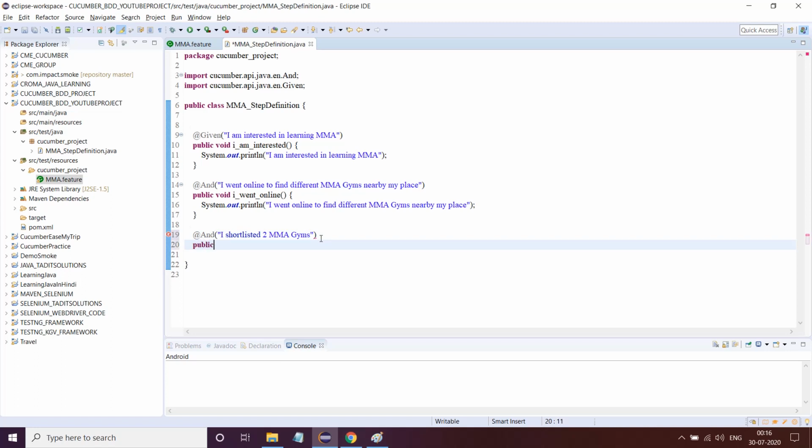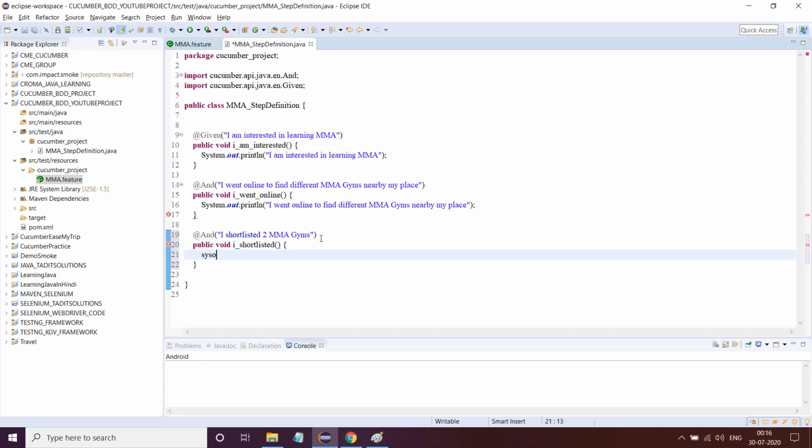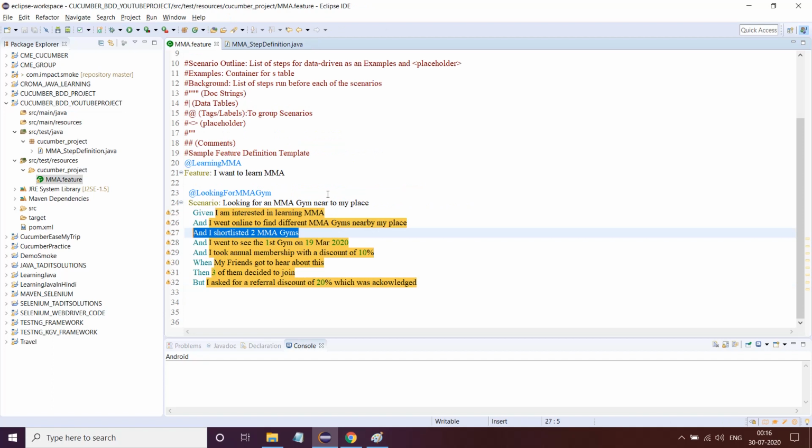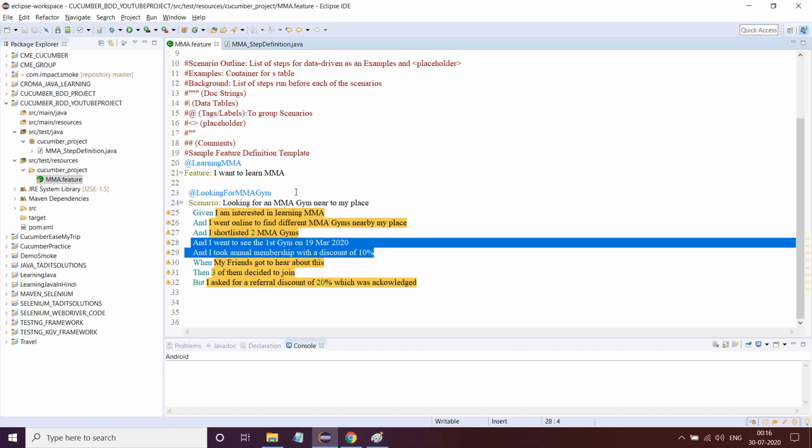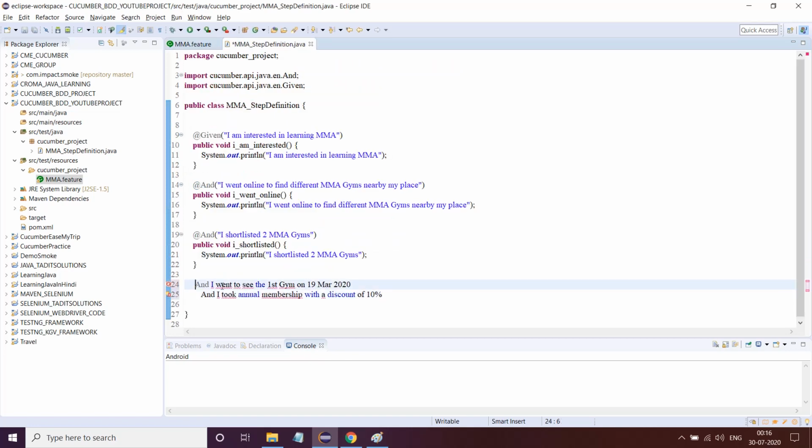Public void I_shortlisted, syso, control V. So And is anyways imported already. So now we'll go for the next one. There are two Ands, so I'll copy them together, control C, and I'll write two different methods for them.